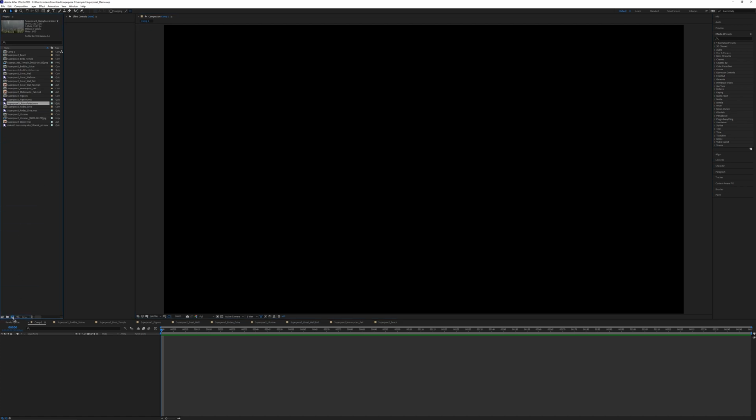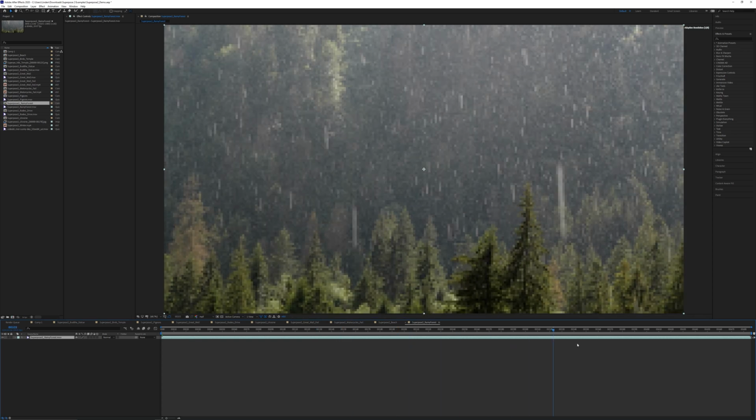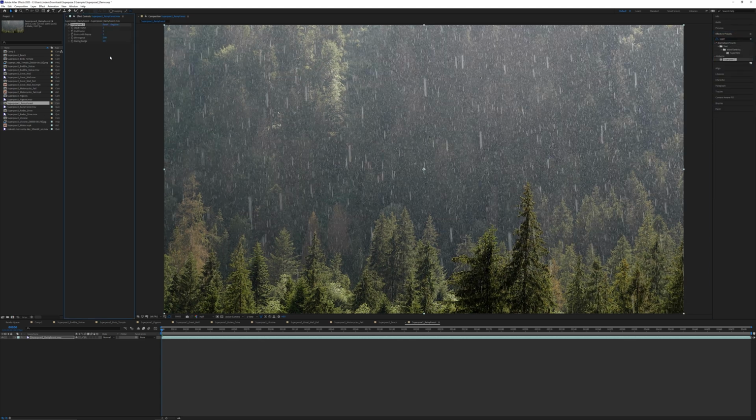Simply make a new comp and drag on the Superpose 2 effect. So the first limitation is that this only works with lock-offs. So still camera movements only. If the camera is moving around, then you'd want to stabilize the area that you want to work with and then reverse the stabilization later if needed. This shot is a lock-off though, so we can skip that step.